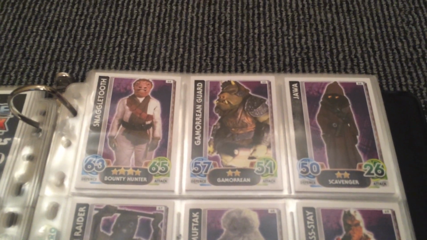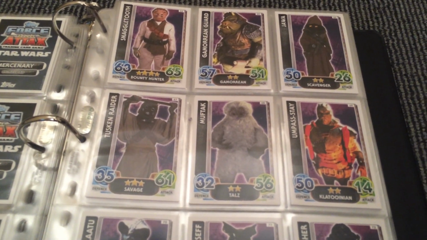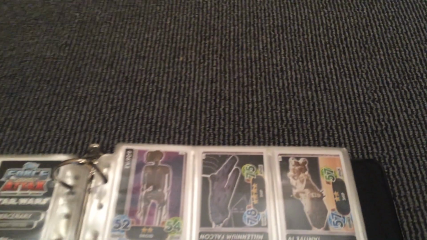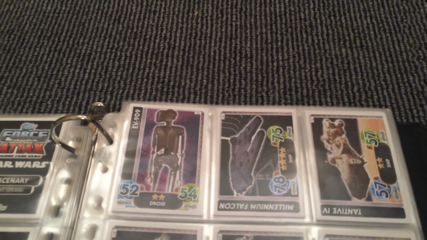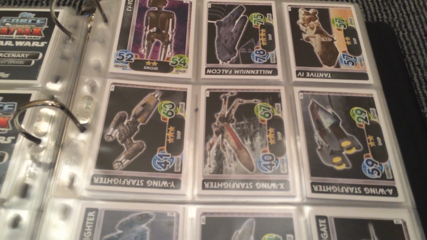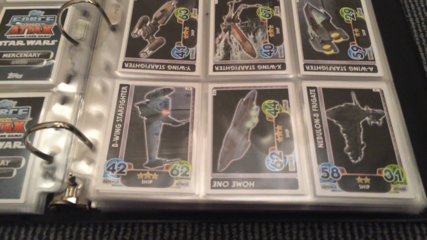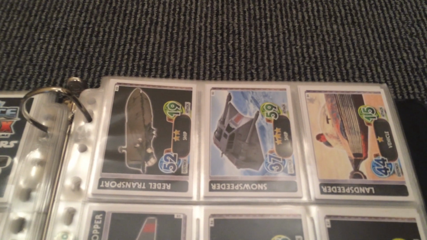Then we've got Snaggletooth, Gamorrean Guard, Jawa, Tusken Raider, Mufdak, Umpass-stay, Klaatu, Hermi Odle, and Brock Starshot. Then we've got EV-9D9 Droid, 9D9, Millennium Falcon, Tantive IV, I assume, Y-Wing Starfighter, X-Wing Starfighter, A-Wing Starfighter, B-Wing Starfighter, Home One, and then Nebulon-B Frigate, Rebel Transport, a Snowspeeder, a Landspeeder,